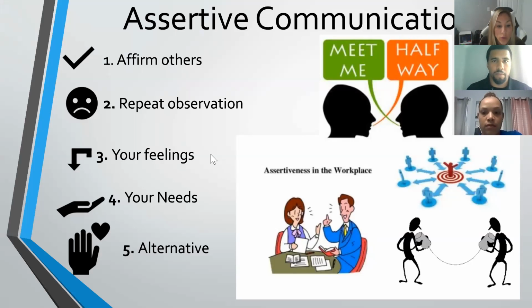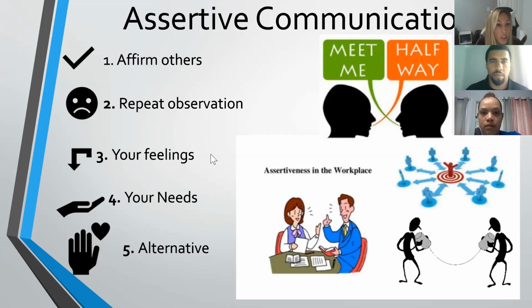Next, we have assertive communication. This emphasizes the importance of both people's needs. During assertive communication, a person stands up for their own needs, wants, and feelings, but also listens and respects the needs of others. Assertive communication can be defined by confidence and willingness to compromise. Becoming more assertive will help you empower yourself and get more of what you want by setting boundaries, standing up for yourself, and communicating your expectations.